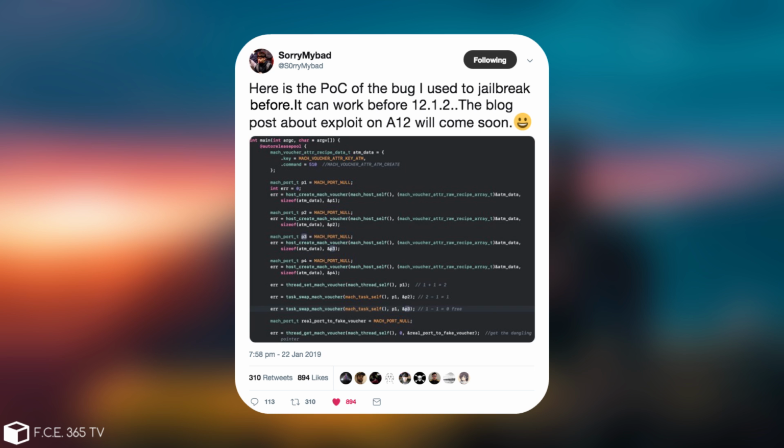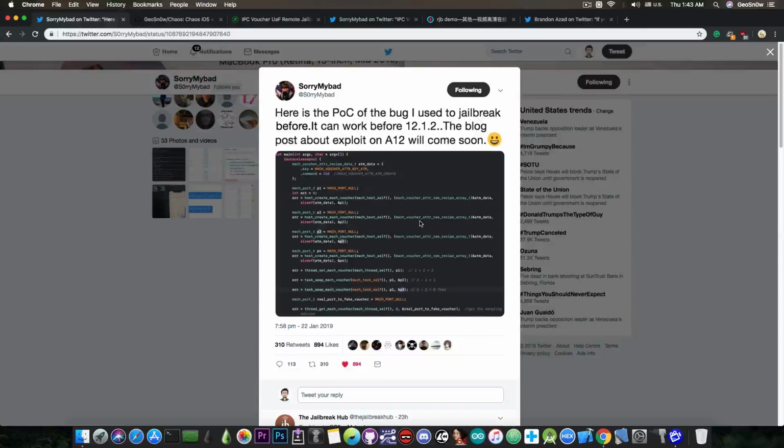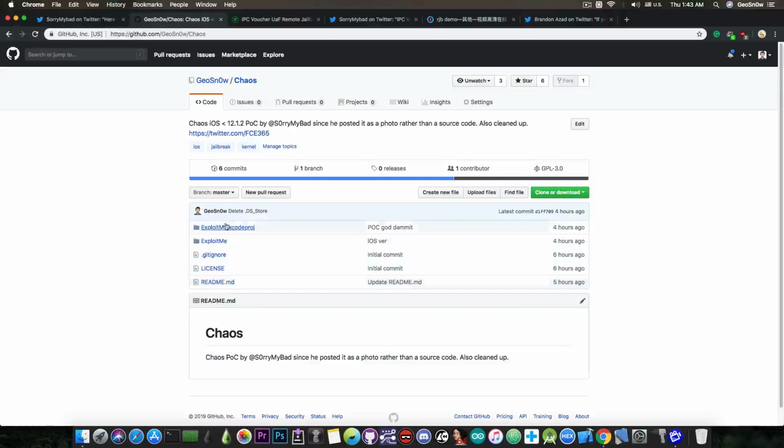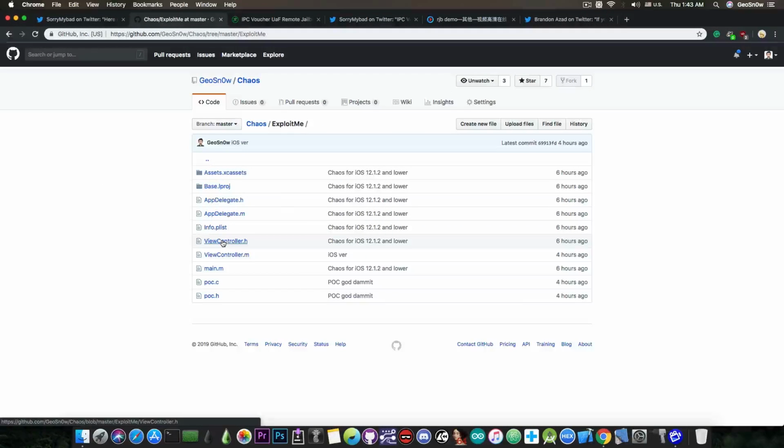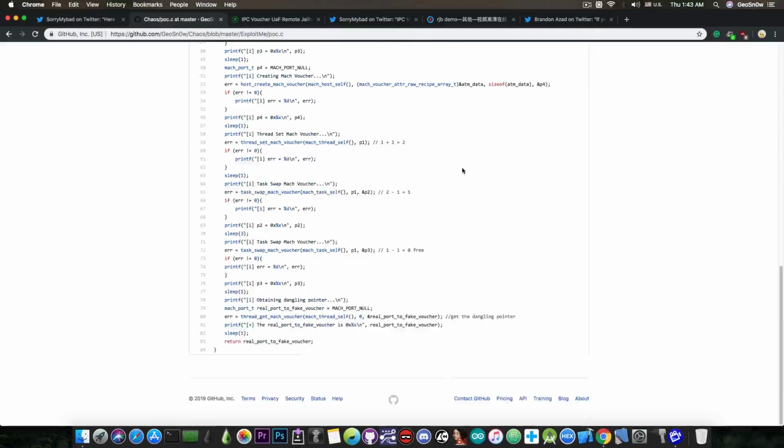And he posted this picture in here, which is pretty much the code for the proof of concept to trigger the bug. Now, unfortunately, he didn't post it as source code that you can actually use and compile. He posted this as a picture, which you had to pretty much copy into a file in order to run it. So I did just that and made a new repo in here, which contains the actual code that he posted. So if you want to try it out, here it is,